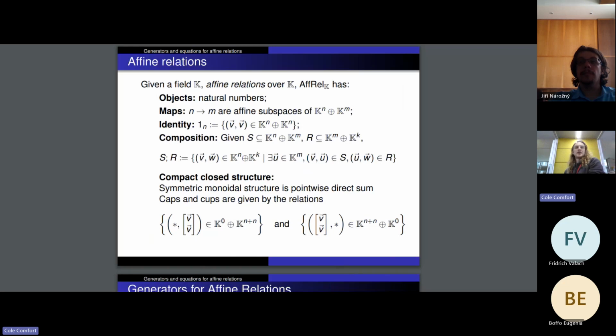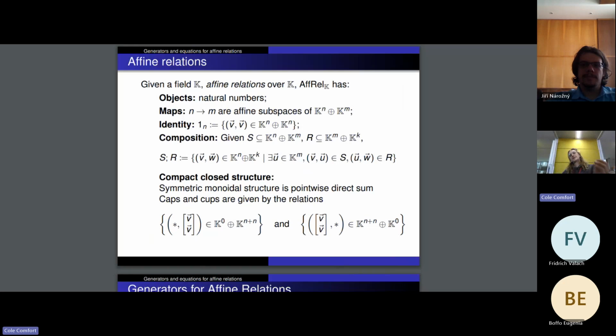So first I'll give the semantics. So you have this category of affine relations. The objects are the natural numbers, and the maps are not matrices, but they're affine subspaces of the direct sum of a vector space with the input dimension, the number which is in the domain, and output dimension, the number which is in the codomain. And the composition, this is also really important conceptually, is you take the relational composition of the underlying subspaces. So you look at all of the points in both the subspaces, and you get a new subspace which contains all of the things in the intersection of both of the original subspaces.